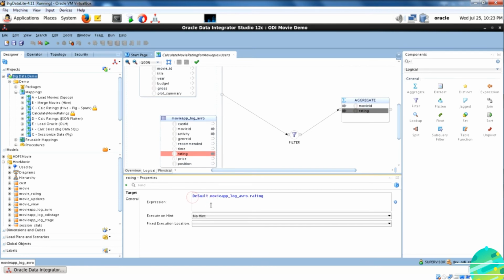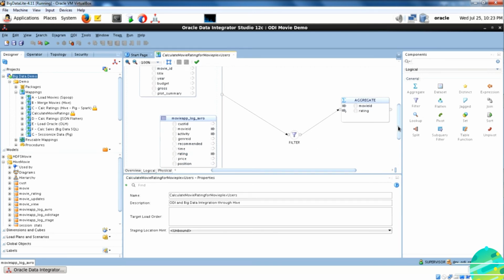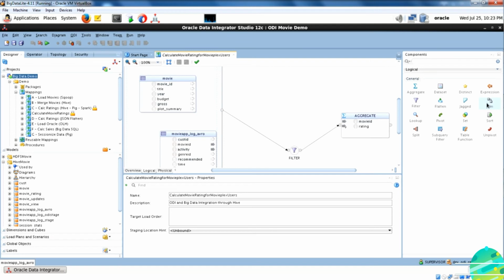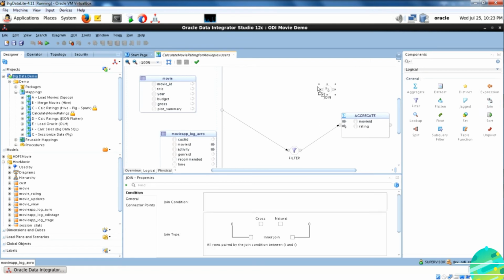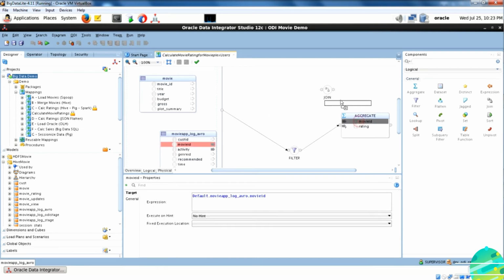For the rating, you are going to use average. Over here, you are calculating average rating by movie ID from movie app log AVRO data source. And these are customer activity based data source.